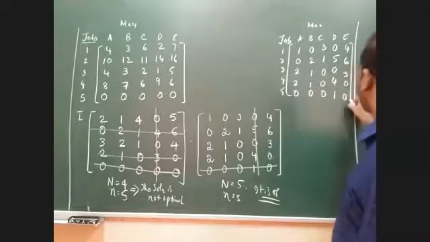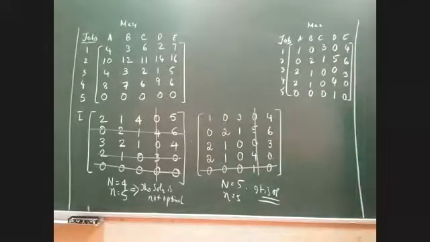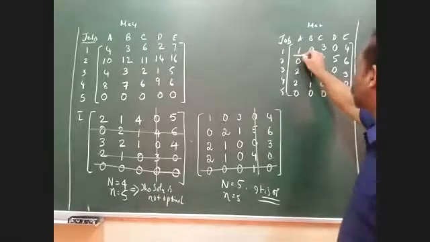Now can you please tell me what is the rule of allocation? How are we supposed to start with the allocations now? What does the rule say? Start from a row with a single 0, sir. Very good. You should always start the allocation row wise, and you should select a row with a single 0. Now can you please tell me which row has got a single 0 here? Second row, sir. The second row is the only row with a single 0. All right. So we are supposed to start from here. This is the only single 0.